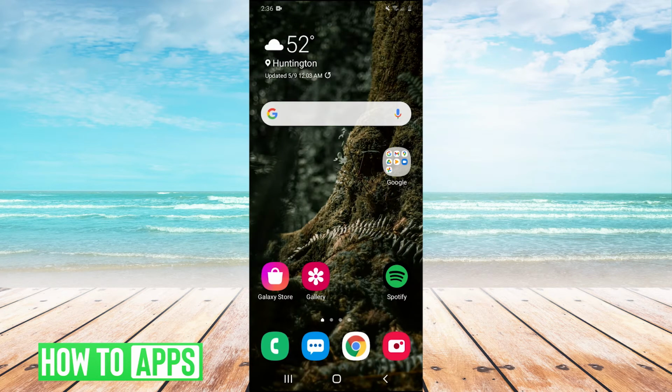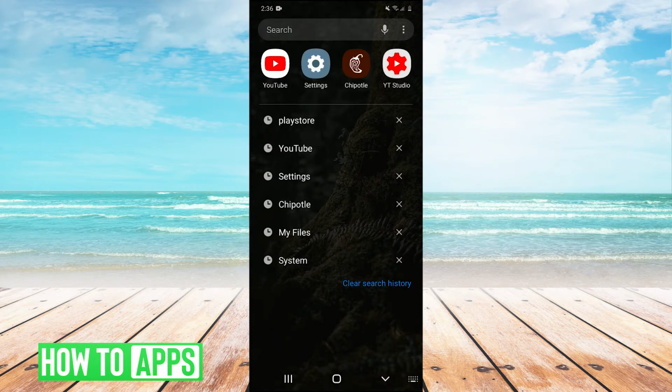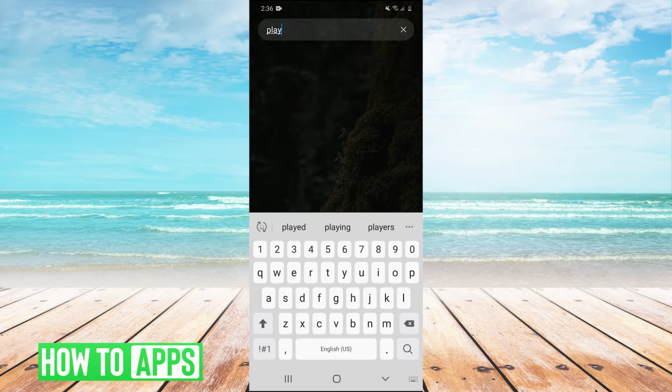And then go home here. And then if we pull up our apps, our Play Store should be right there. But if you still can't find it, you can search for it. So just search Play Store